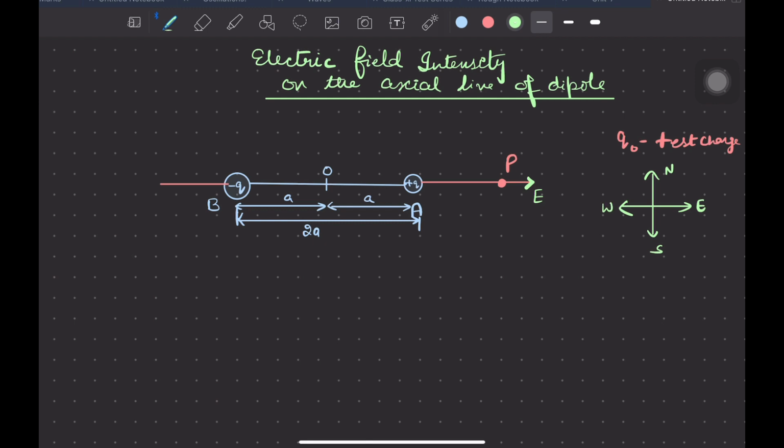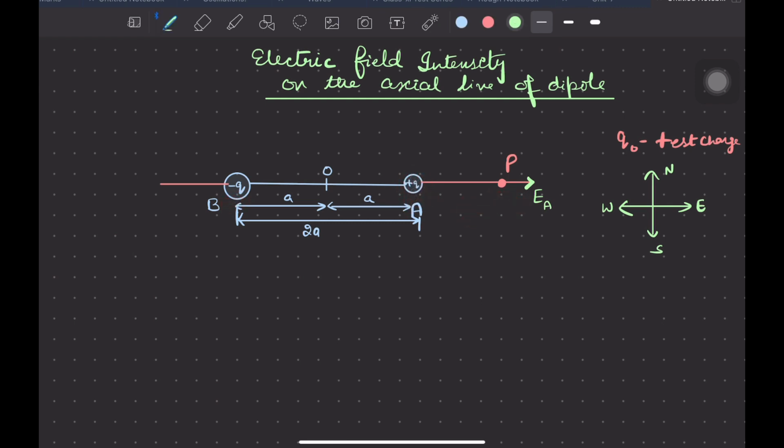So the electric field at point P because of plus q charge placed at A is given by EA in the outward direction. And if we consider that this plus q charge is not placed over here, then we will say that only minus q charge is present, and minus q charge will attract this plus q naught charge towards itself.